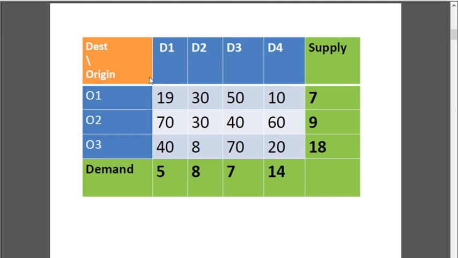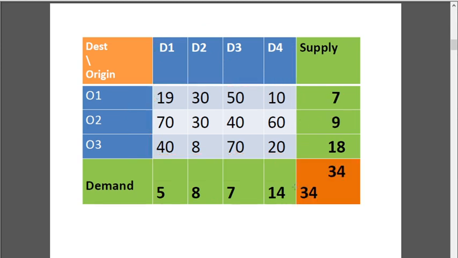We'll take the same example we have seen in the previous tutorials on the transportation problem. We have the four origins and their supplies. Also we have the four destinations to where the commodities or goods have to be sent, and we have their respective demands, and the costs associated between these origins and the destinations are given inside the matrix. We are looking at a balanced problem where the total supply equals the total demand.